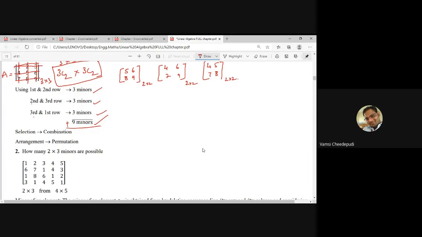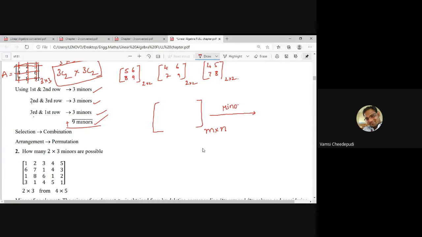So let us take, if the given matrix is of order m by n, it is not necessary that it should be a square matrix. You can take any matrix, no problem at all. It can be a rectangular matrix also. If the given matrix is of order m by n, if you want to construct the minors,